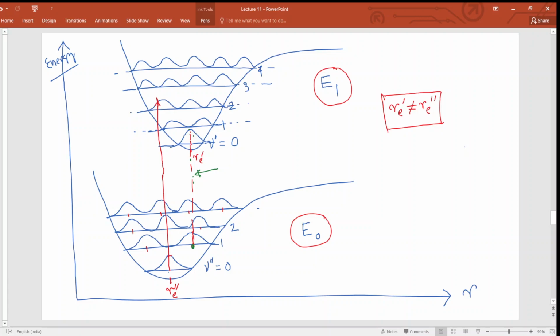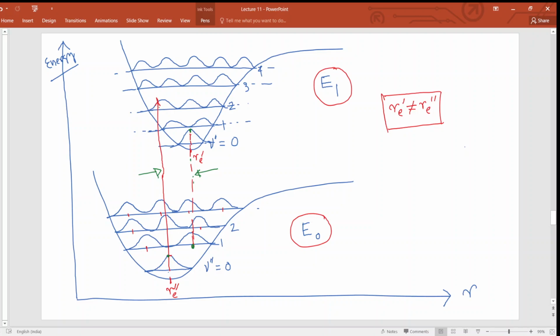Okay, right. So it means that from the top curve, the highest probability of finding the nuclei is at this value of R_e. And the maximum of psi square for this bottom curve is also appearing at the same value of R_e, which means that there is a higher likelihood of transition between these two levels. However, if I go back to this particular graph line, for the bottom energy curve, the maximum of psi square is appearing at R_e prime. However, if I go along this line, I don't see any such maximum appearing at that value of R_e, which means that the likelihood of a transition to this is less likely.